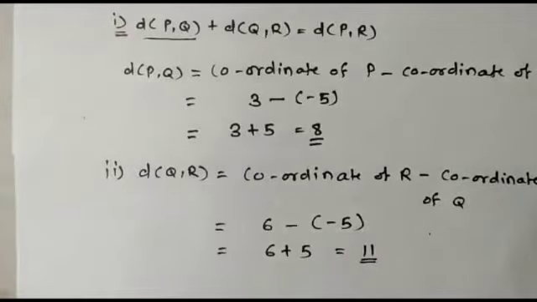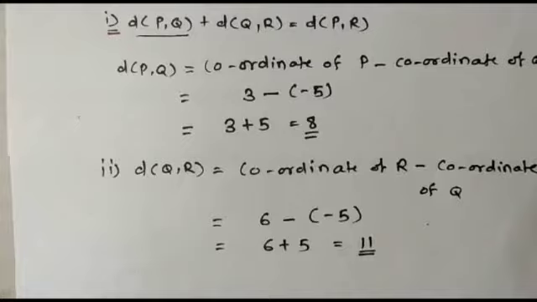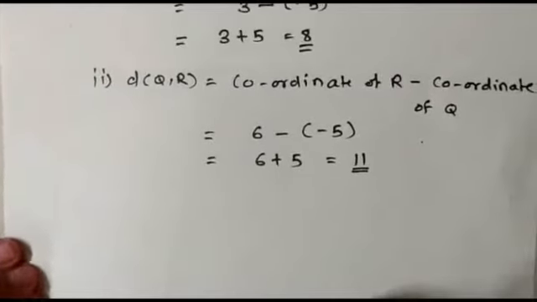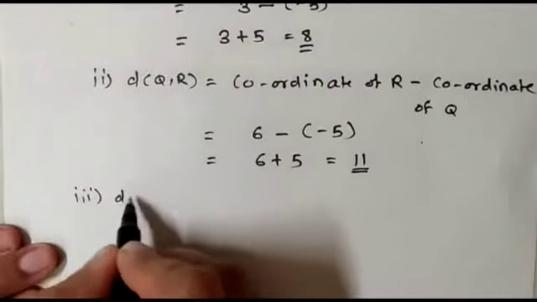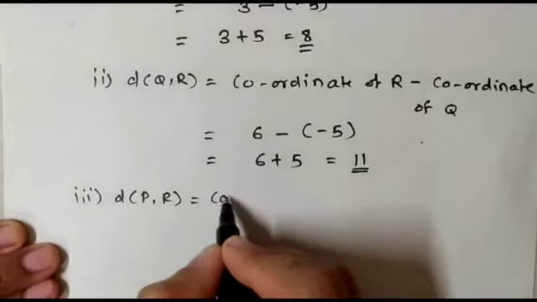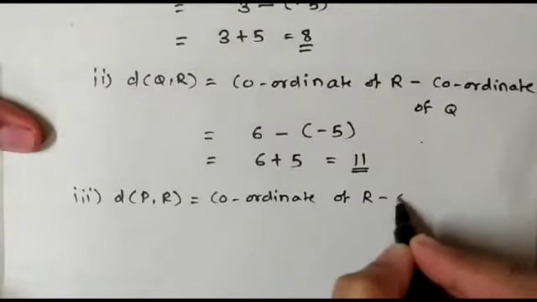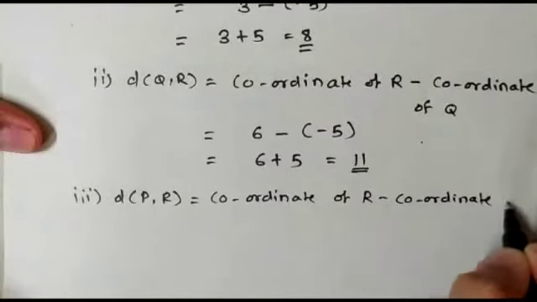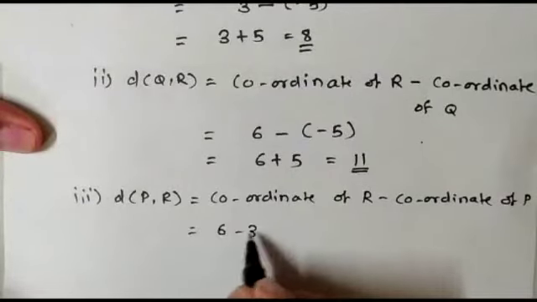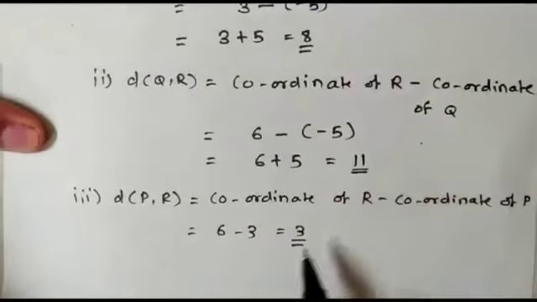Now we have got the LHS. It is distance PQ and distance QR. At the end we will add them. But before that, let us find out the third distance, which is distance PR. So the distance PR will become, again we have to check the coordinates. Coordinate of P is 3 and coordinate of R is 6. Both are positive, so 6 is greater than 3. So we have to write coordinate of R minus coordinate of P, which is equal to 6 minus 3, that is 3 units.